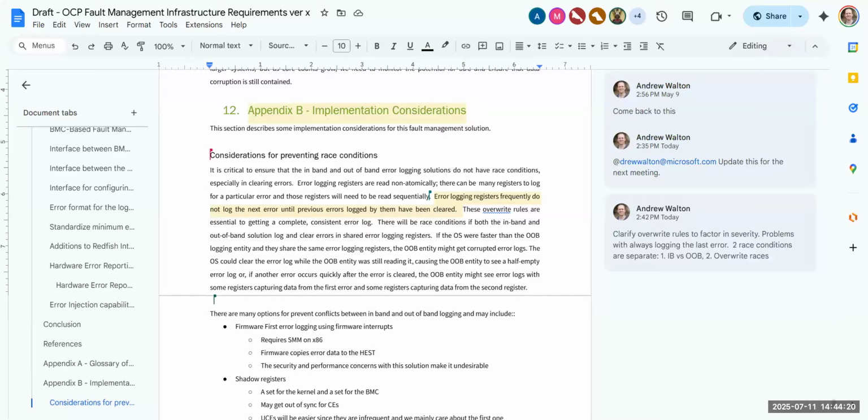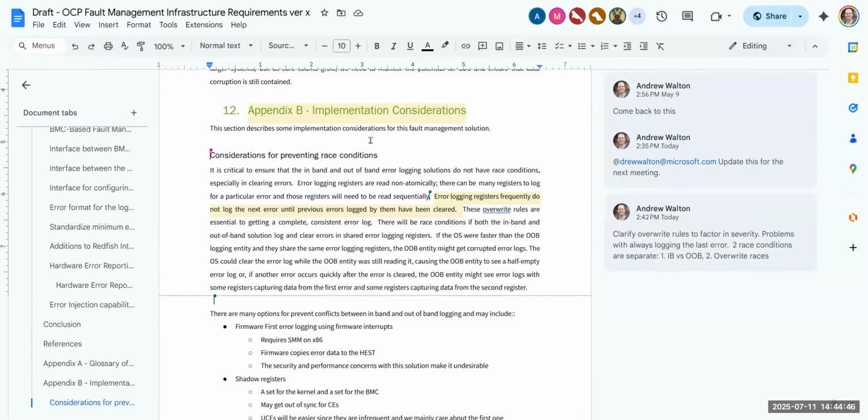But I don't understand something then. We're saying in this document that if a given product supports both in-band and out-of-band fault management, it is optional to prevent race conditions between the two? No. Then it's a requirement, right?